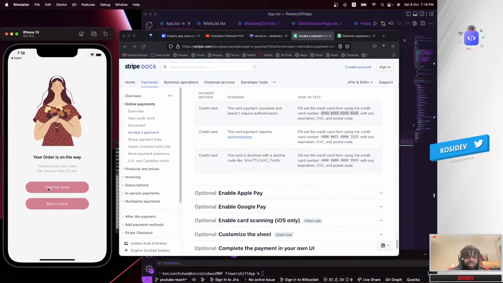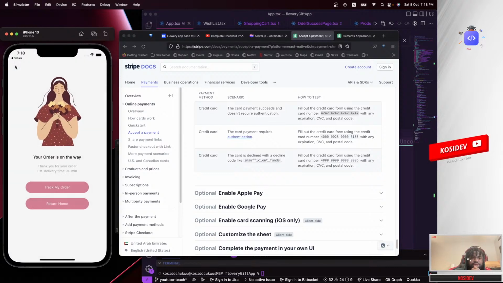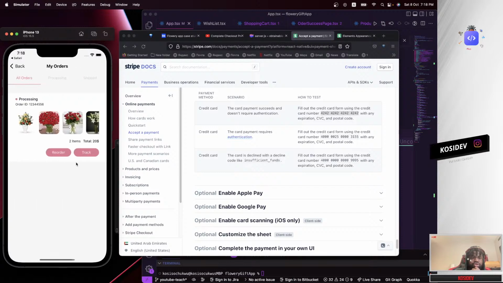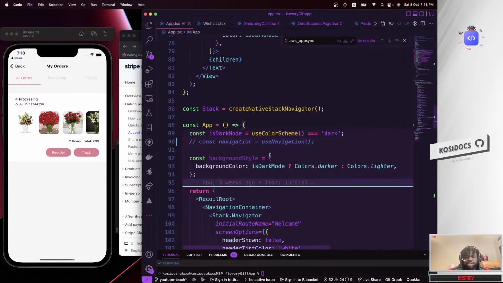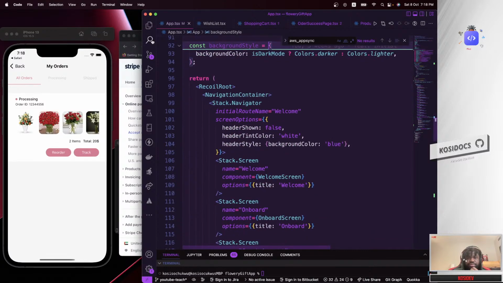So tap on this, track my orders, and then we are taken to this place, and now we can see the back button showing up. If I tap on this, it takes us back. Tap on this again, it takes you to the other screen. So that's cool. Let's do some changes right here on the other screen.